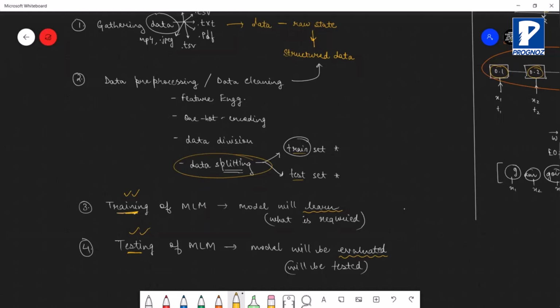Same चीज यहाँ पे भी होता है. First of all, you will have to train yourself. Okay, so training में basically you can understand that model is learning is same as you are learning NLP. So this is same as model is learning. Then once you are done with NLP, once you have learned NLP completely with me, what you will do? You will prepare projects. You will work on different data sets. Okay, you will work on different text corpus. Okay, and the accuracy that you're going to get is going to be the evaluated result of your understanding.